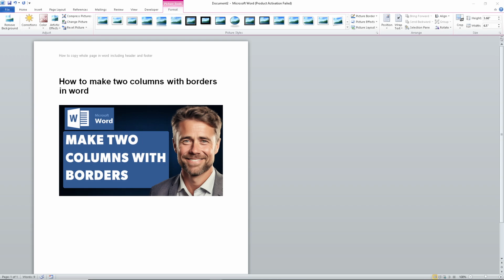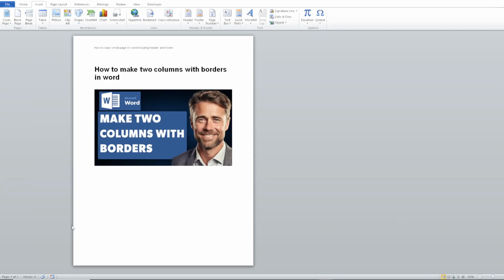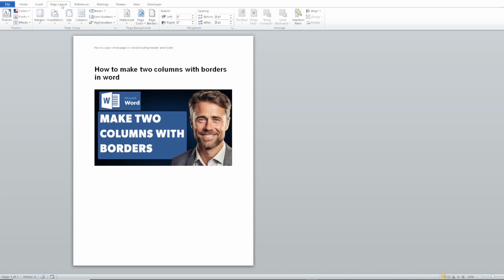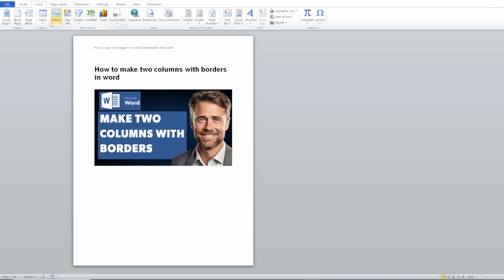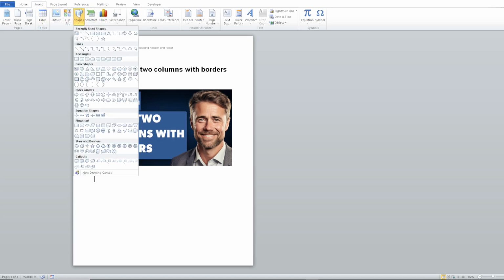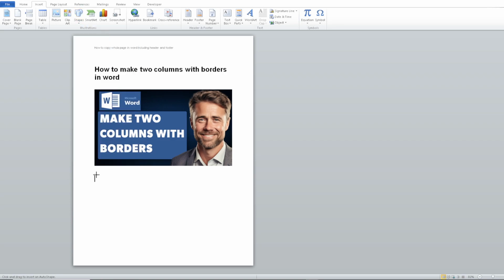Now, for us to be able to do that, the first thing we are going to do is point your active cursor on the section that you want to put the two columns. And from here, click on Insert. If you're in the page layout, go to the Insert option and go to Shapes. Obviously, you need to select the rectangle and draw the rectangle here on your